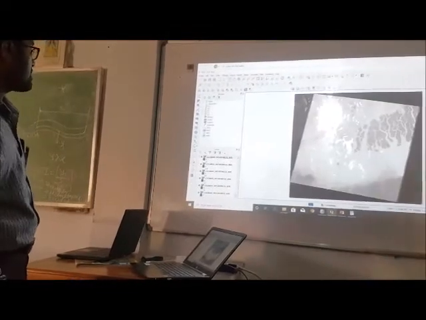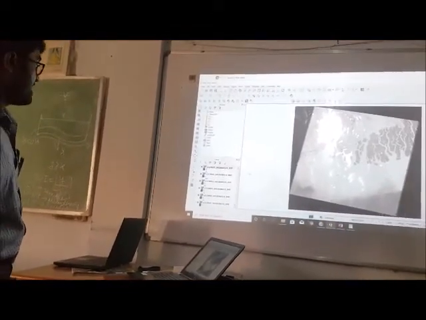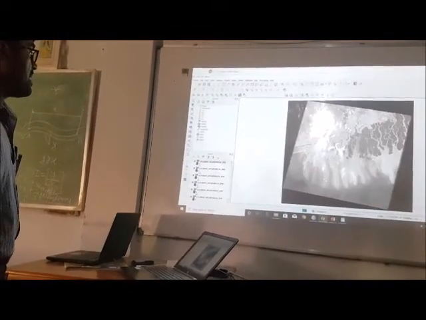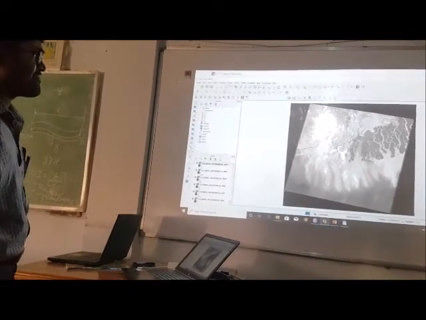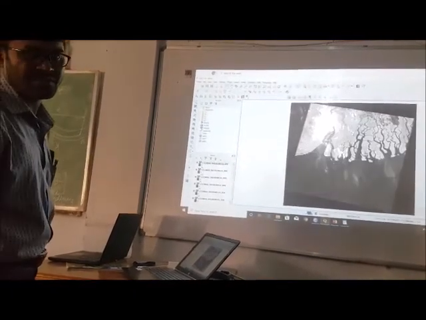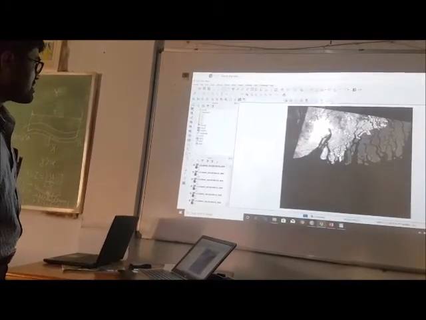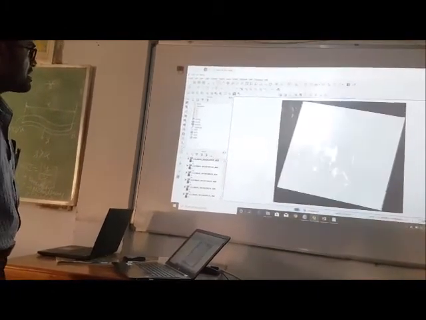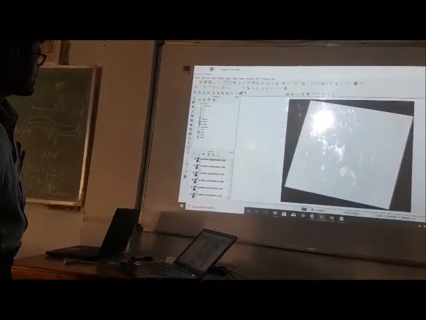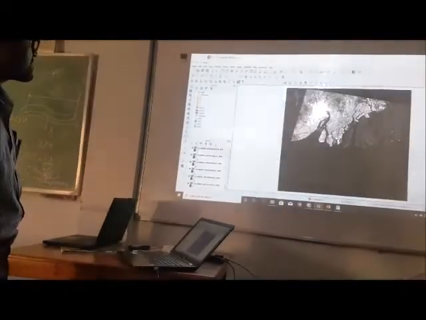This is band 7, and this is part of Sundarban, southern Bengal. It is buffering, so let it open.